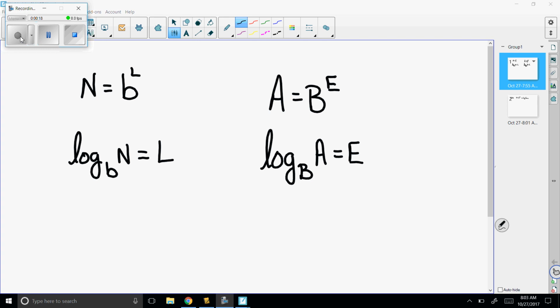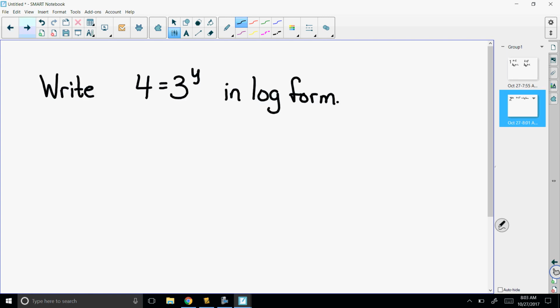Okay, so just going between log and exponential format is going to be something that you need to do. Usually you can take a log and change it into an exponential format in order to solve. So the first thing they're going to have you do is just convert between exponential form and